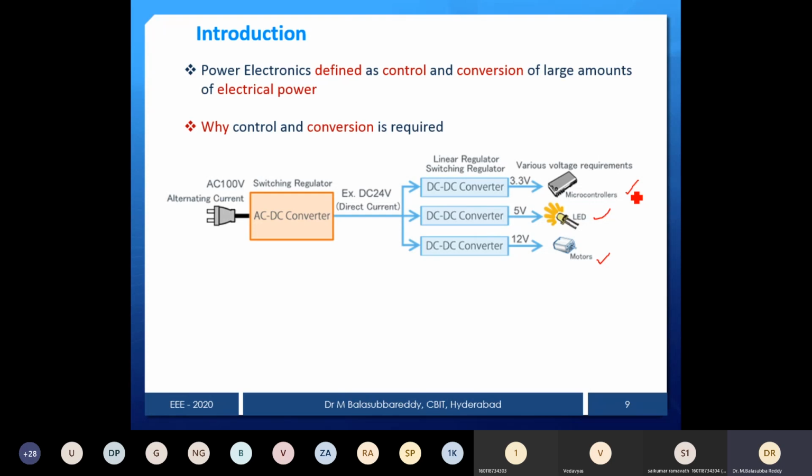First is the definition of power electronics: it will convert and control the power. And why we need to do that, for that this is one application. Any other you can recall in your mind, you may get many applications, like the fan. What is a fan in a house? You want to control the speed of a fan. How will you control it? The input AC supply is given, but if you are not using any regulator, what will happen? Fan speed is not possible to control. That is the reason we use a regulator. Now the regulator is going to control the speed of the fan.